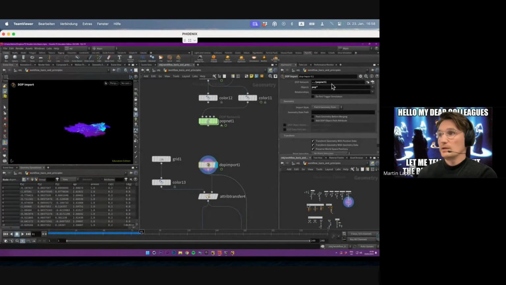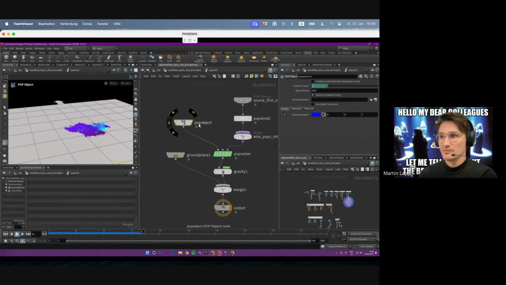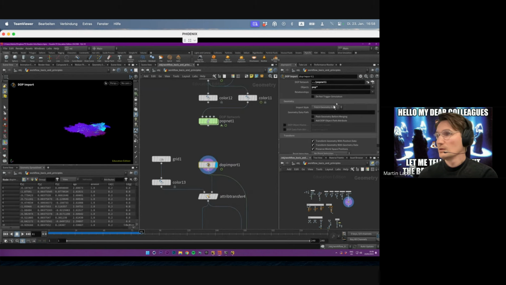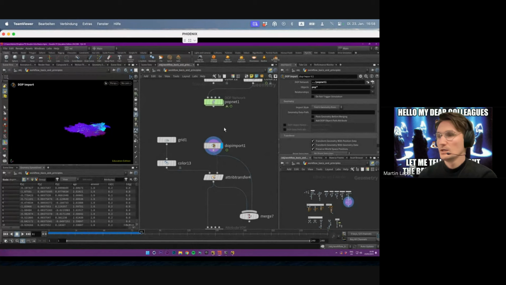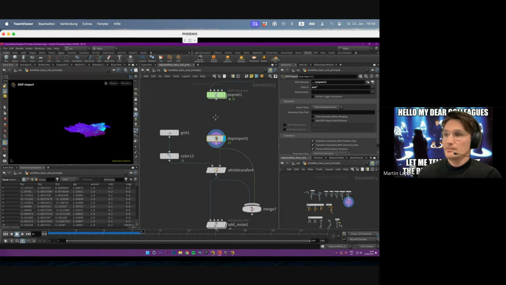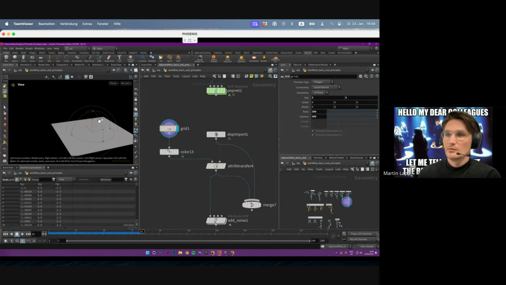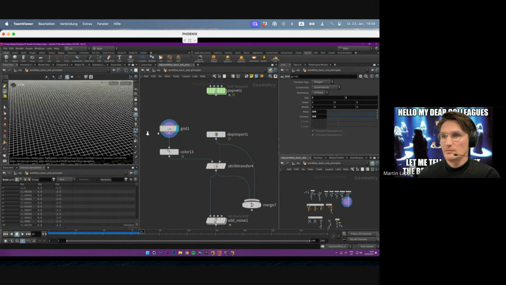I want from my popnet, this guy, I want pop whatever, pop star, because the only thing that is called pop something is this pop object. So I can also copy this and say pop object. It will result in the same thing. This wildcard thingy is just handy to get it in quicker. So I have the points from the simulation, and I have the grid,